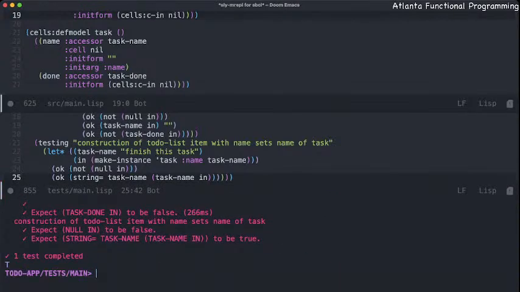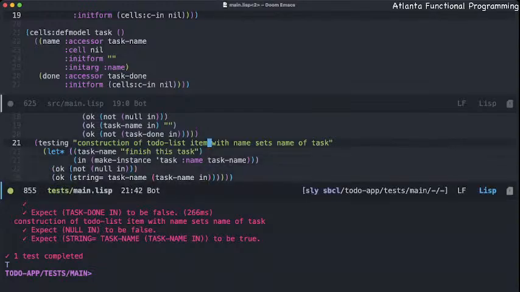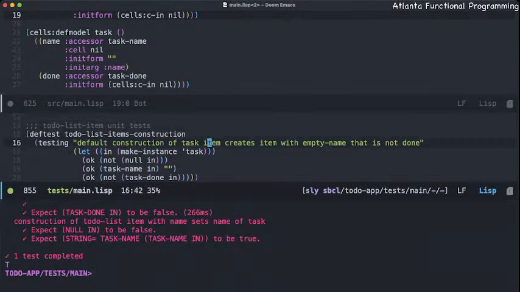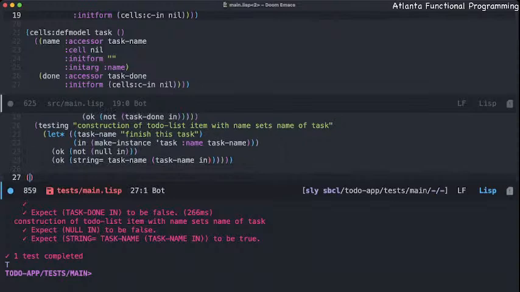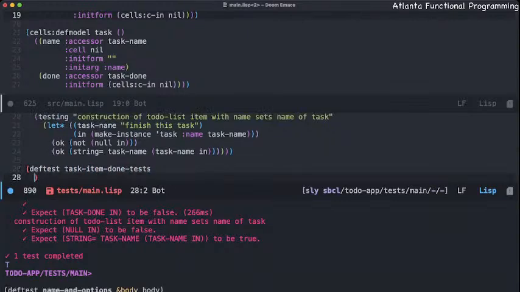And you can see now we have an additional set of tests that are being written here. Now, you can totally write each of these into individual tests. I just prefer to keep them kind of constructed, associated with each of the individual specific things. All right. So now we can also have a test suite very quickly for task item done tests, where we try different ways of actually making sure the item